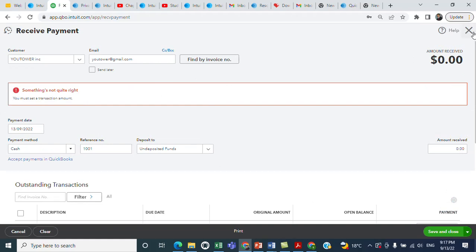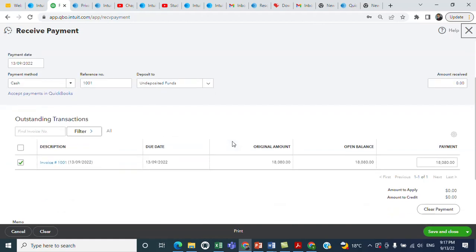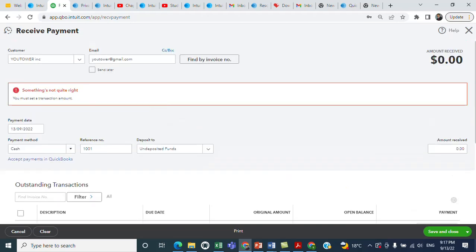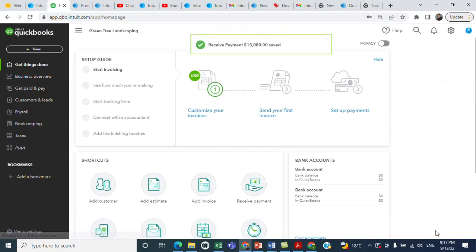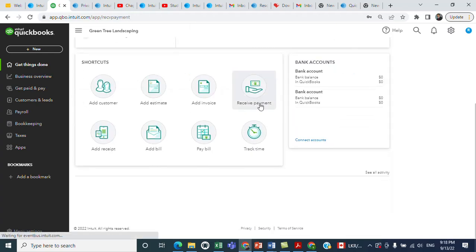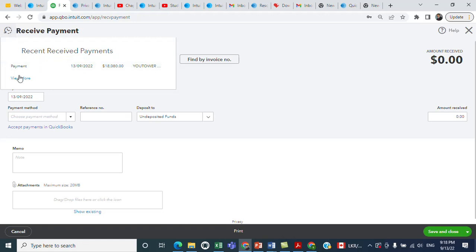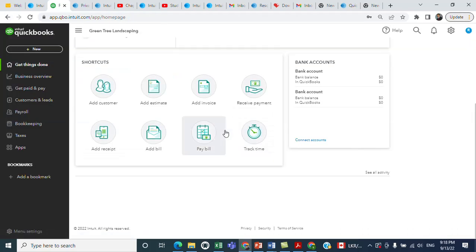Okay, amount received. Oops, I think, hang on. Yep. Once again, check mark that. Everything appears there. Save and close. So receive payment 18,080, and that is saved, right? And if you want to check the received payments, you would see here payment received 18,080, right? And when I close it,